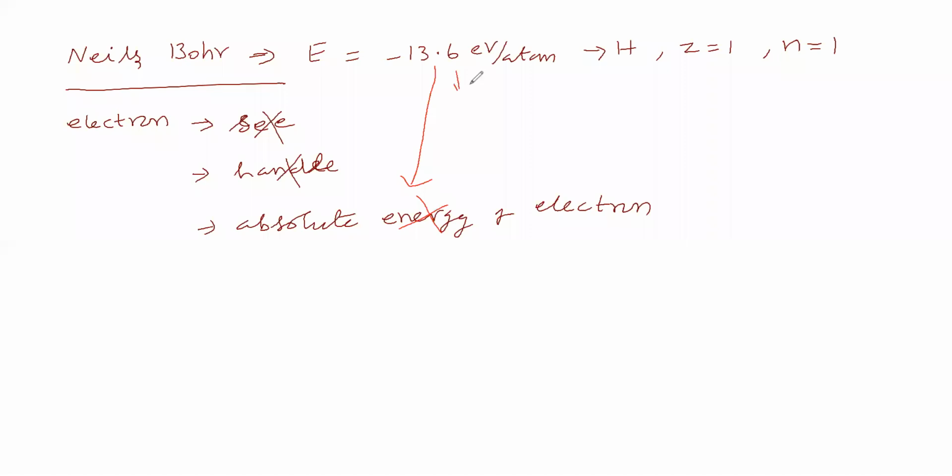Now, is it called the actual energy of the electron or not? What shall we say? Do you say it is the actual value of the energy of the electron? Otherwise, it is not the actual value. Sir, so you are saying that it is not the actual energy of the electron. Okay, so we came to know that it is not the actual value of the energy of the electron.